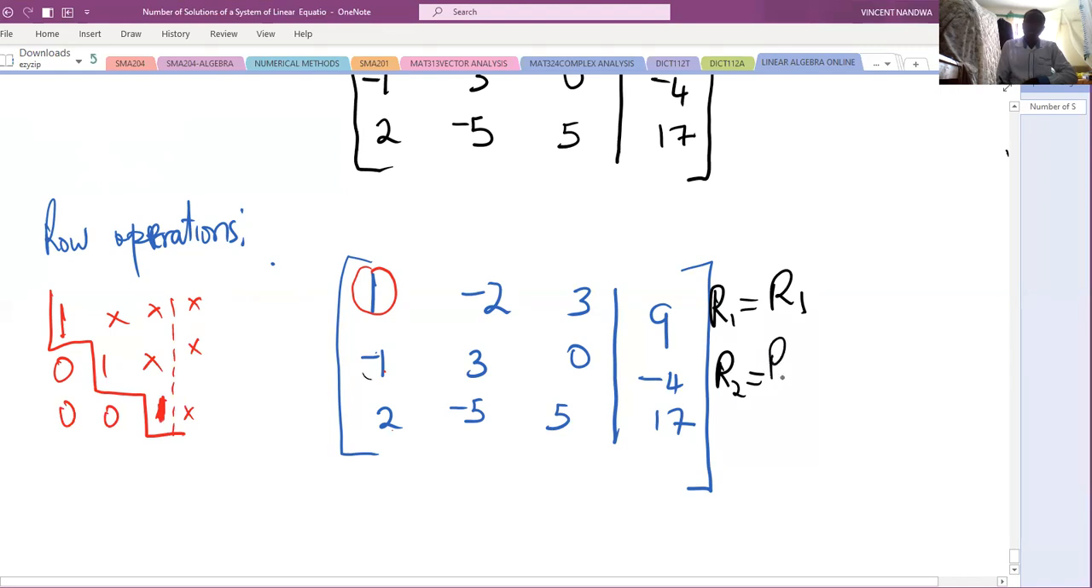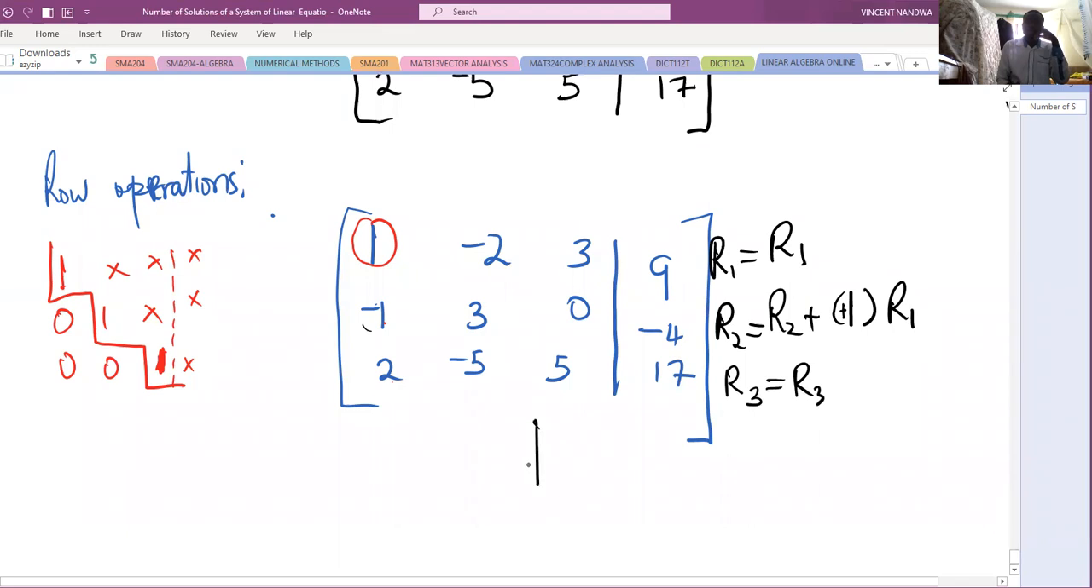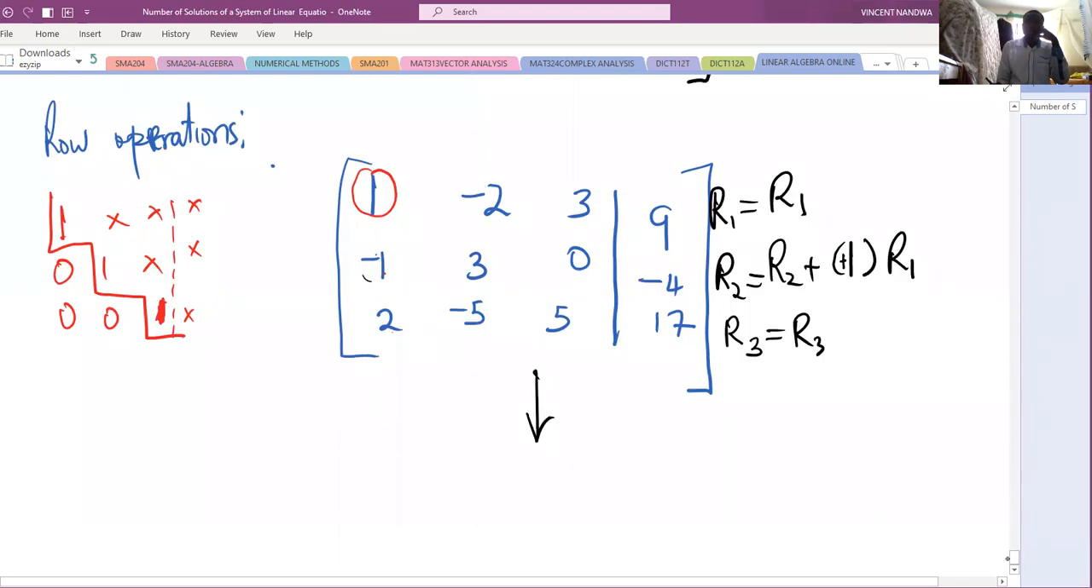So row 2 plus a constant times row 1. What should you multiply row 1 by so that when you add to -1, you get 0? That should be 1, or +1. And then the rest we just do step by step. So row 3 remains row 3. So this one leads us to